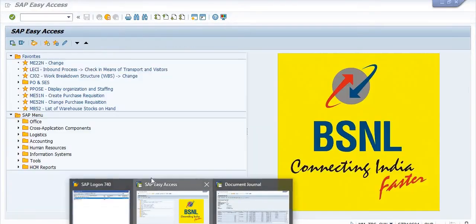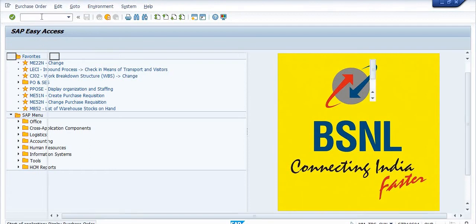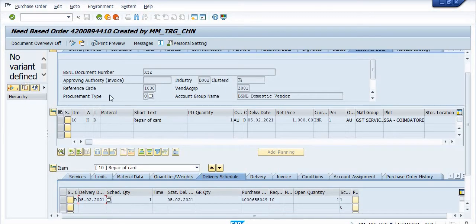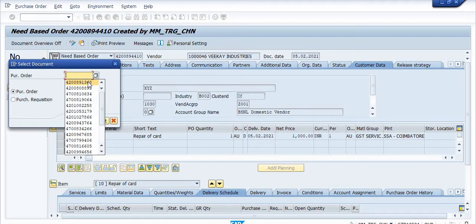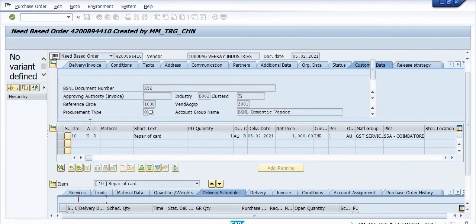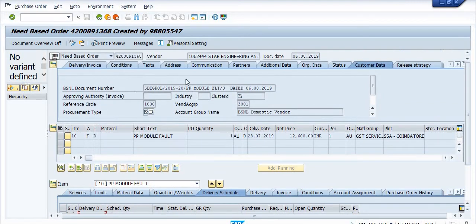If I separately check any purchase order, for example in ME23N, you can observe that this purchase order is created for the amount 12,600.